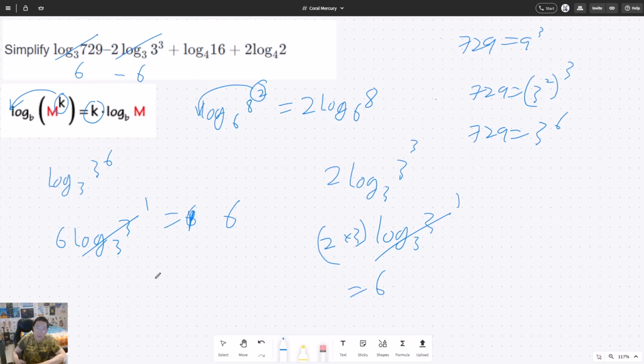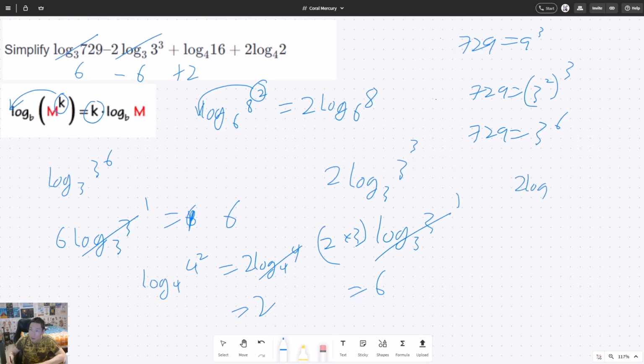And log base 4 of 16, and 16 is 4 squared, so this will be equal to 2 log base 4 of 4, and log base 4 of 4 is equal to 1, so this is also 2, so we have plus 2. And then 2 log base 4 of 2 is equal to